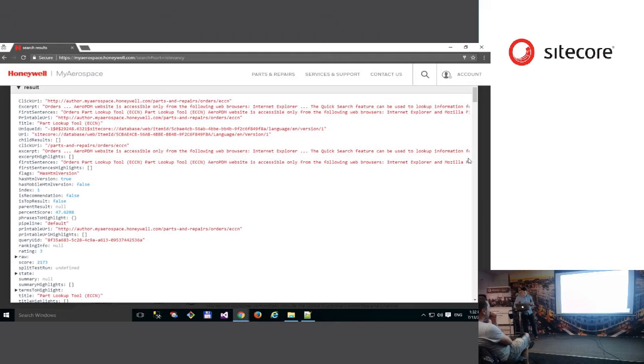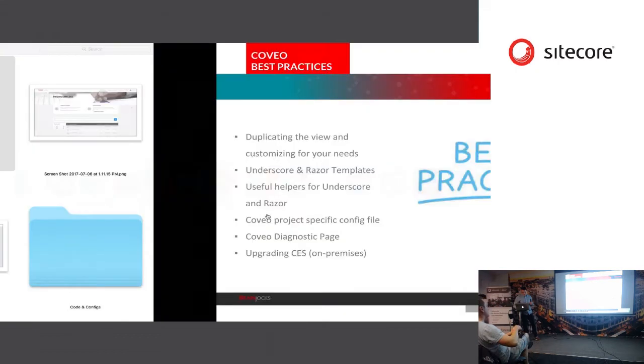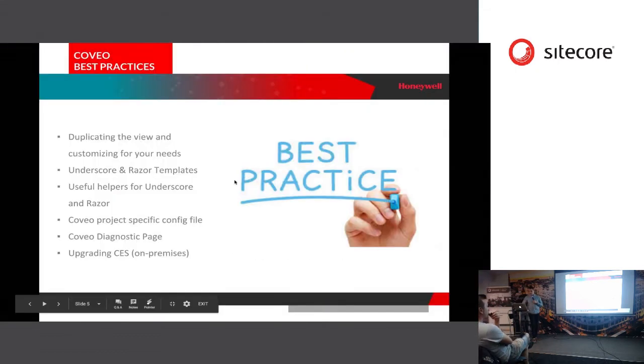Okay, I will come back to my presentation. Underscore and Razor templates we already discussed. That's used to customize search results. Useful helpers for underscore and Razor: I'm not able to find the screenshot, but there are underscore helpers which are used for highlighting the search results, highlighting the stream text, and .NET helpers which are used to translate the Coveo field name,